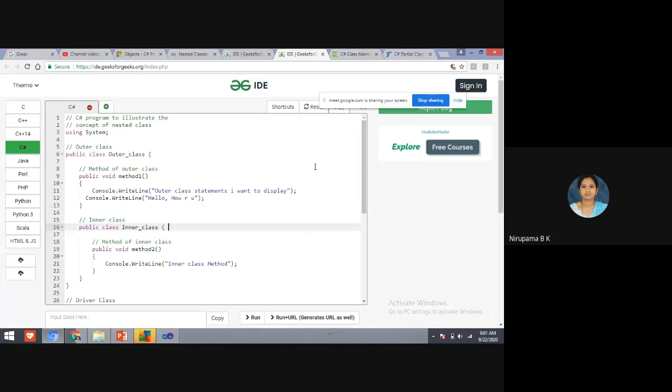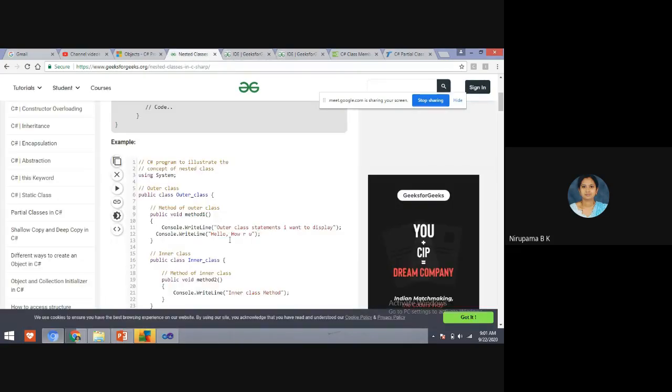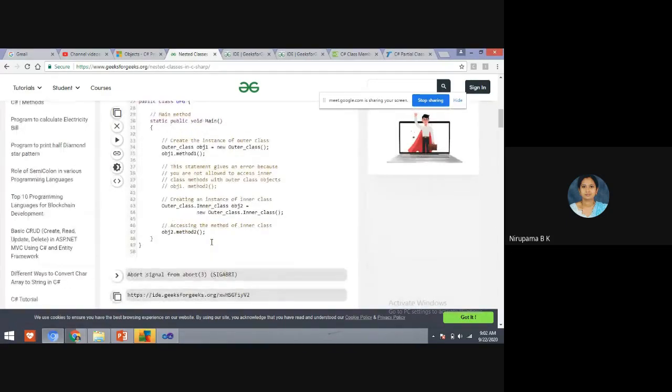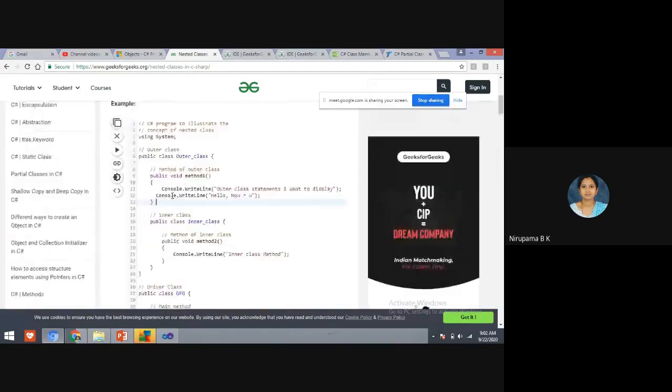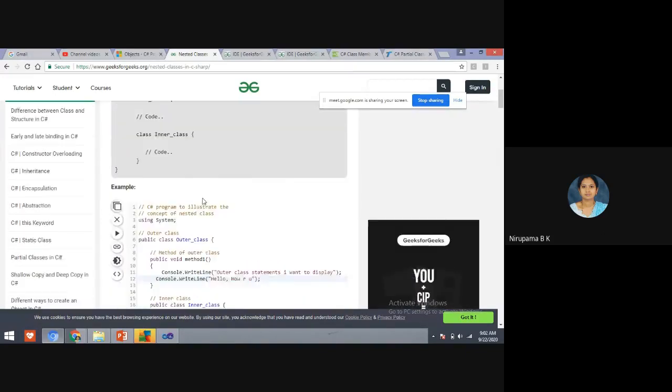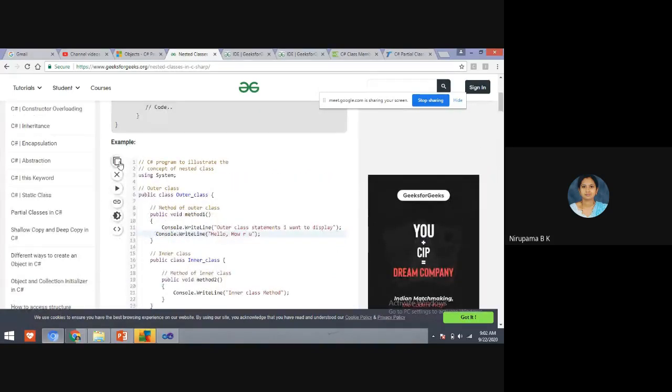Actually, students, it should display the output of that also, but you understood now how to use GeeksforGeeks and W3Schools. It should display. Copy.